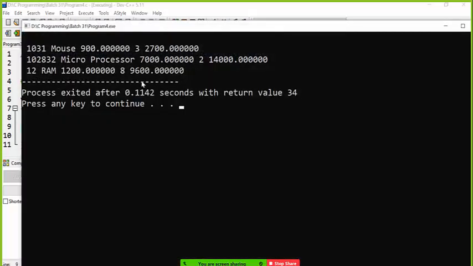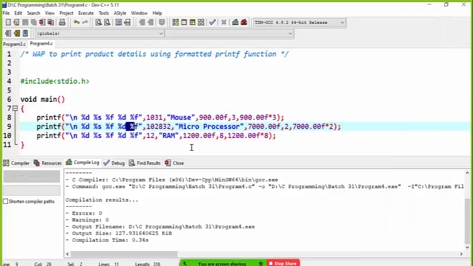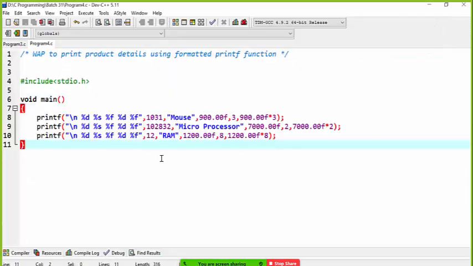So the product data I print using some identifiers. I compile and run the code. The data is on my screen. I can see the data, but it's not formatted. It's not in a particular table. I want to present my data properly. So how can I make a good presentation of my output?